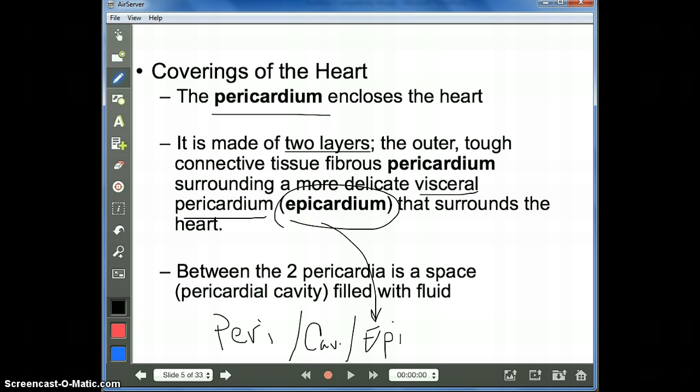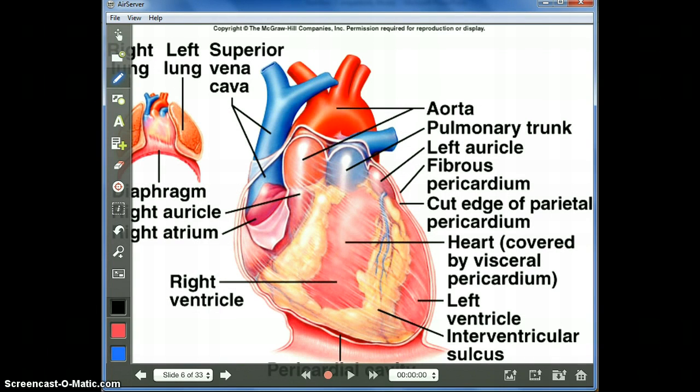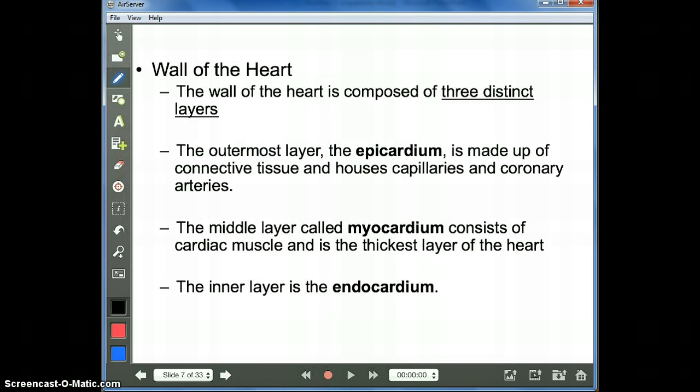The reason I'm starting to draw these out is because you will actually see this as your first diagrams on your test. Okay, looking at again the different layers of the heart. Now, as we continue our layers of the heart, this at least shows you an illustration of that. So this peeled back layer there, that is referred to as the pericardium. In between there might have been some serous fluid, some liquid in between there, and underneath that is actually the epicardium, the outer side of the heart.